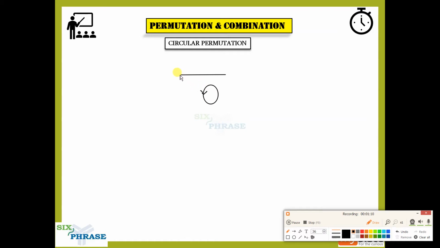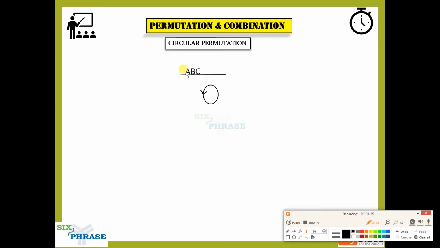In linear permutation, guys, we'll take an example of ABC. Now we take this as ABC from left to right. Do you take it as CBA also? Now, if you take it as CBA, that is a different permutation. ABC is not the same as CBA. If you take it from left to right, it is ABC. From right to left, it is CBA. So ABC and CBA are two different permutations.